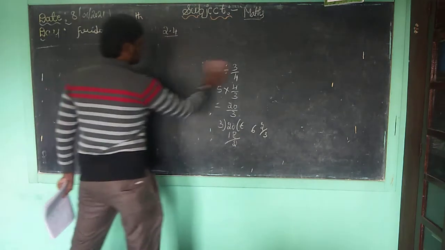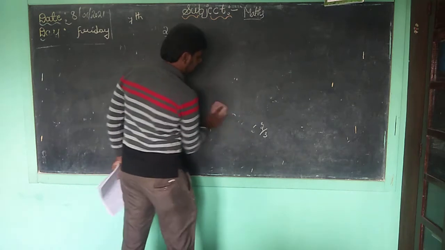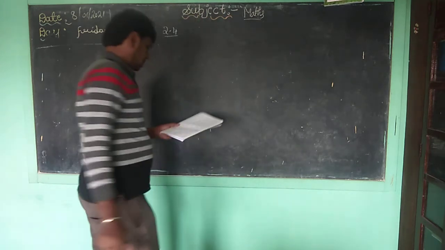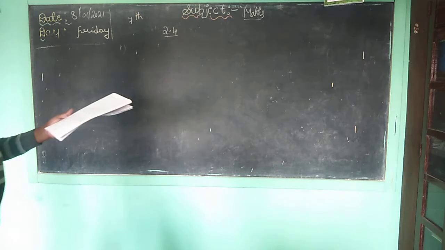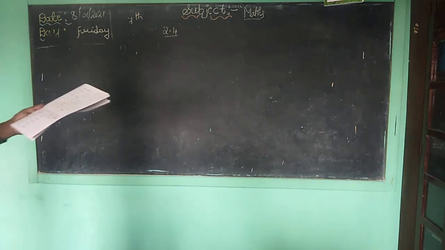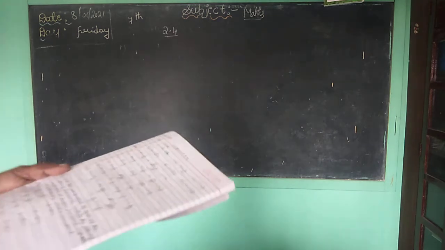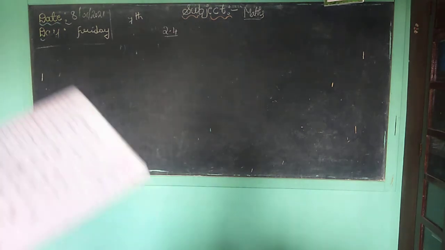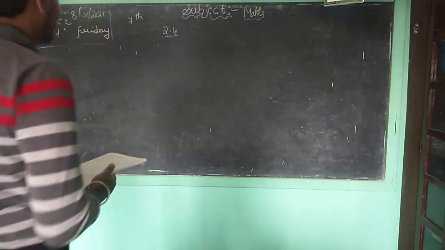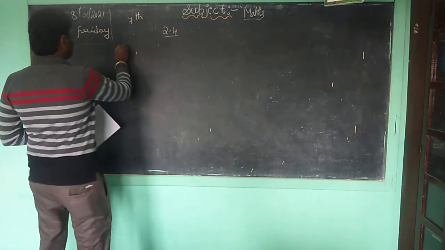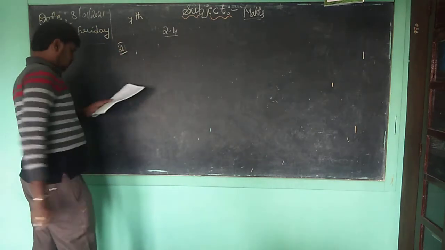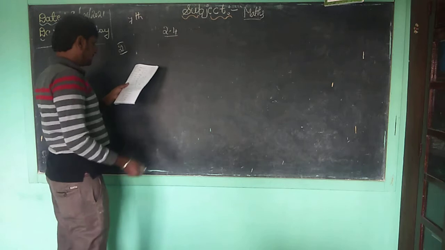Very simple. Correct, children. Find the reciprocal of each of the following fractions. Classify the following reciprocals as proper fractions, improper fractions and whole numbers. We want to represent, children, what is that second one. Okay. So children, reciprocal it.